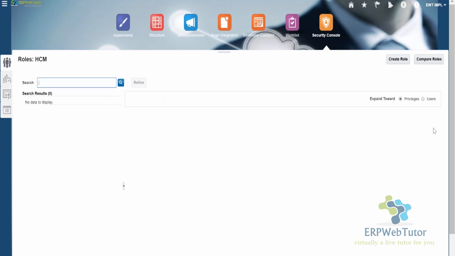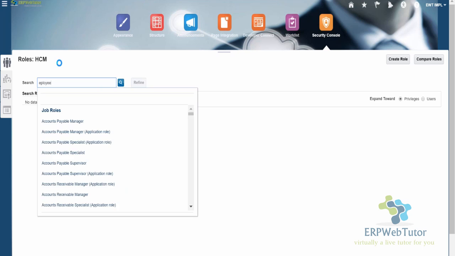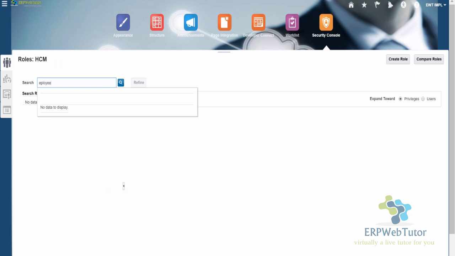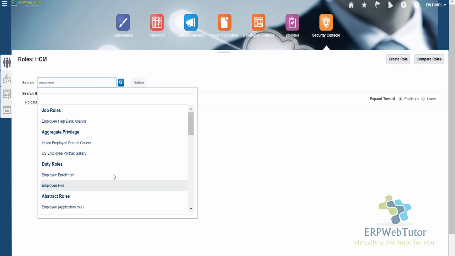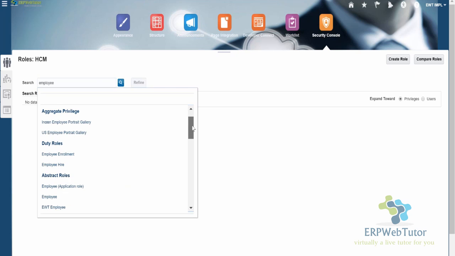Okay, so the create user functionality is not there in release 11. What I've seen in the Oracle demo is there's a new tab coming where you can do user management. But for now, what you can do is look for the employee role. What's happening? I cannot even type. Okay. If I look at the employee role,